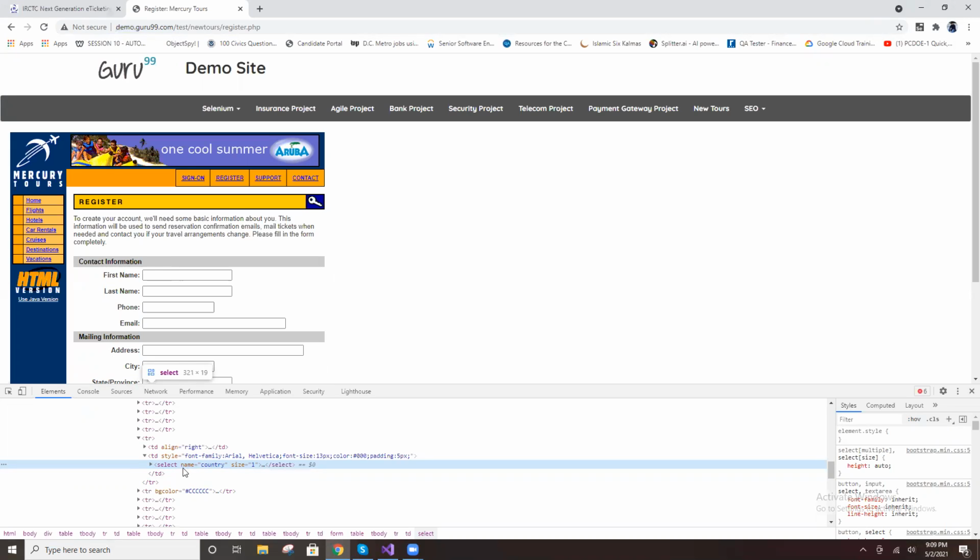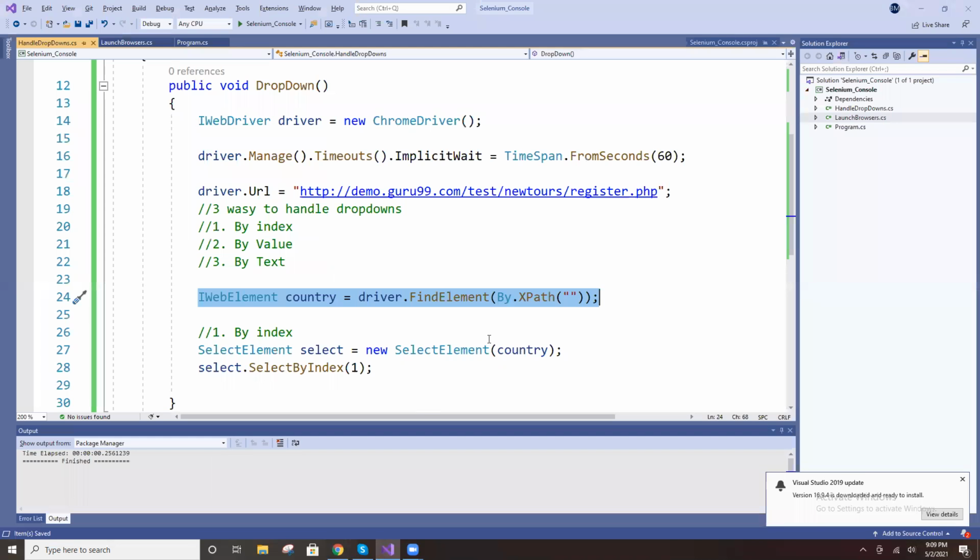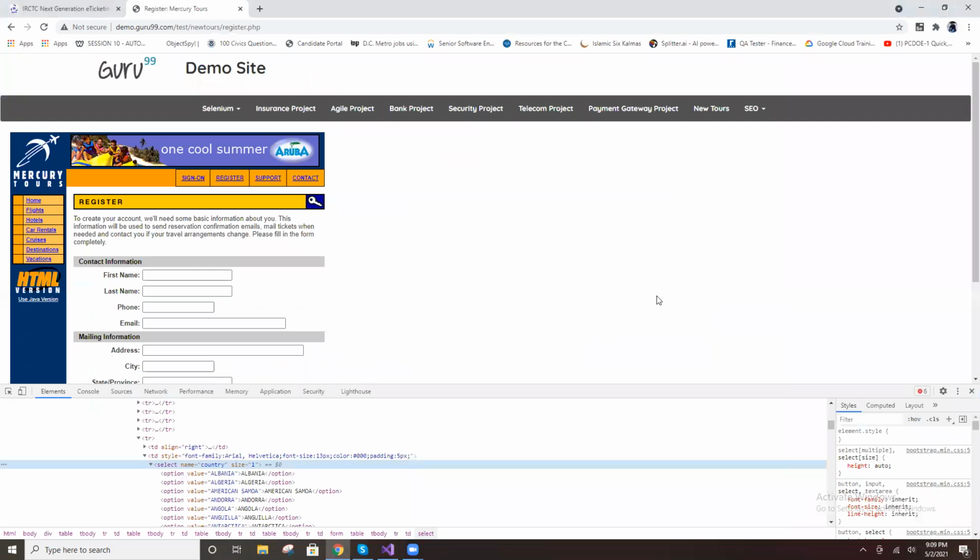You can get the name. Name is there, right? By.name country. Now I am identifying the locator for country.